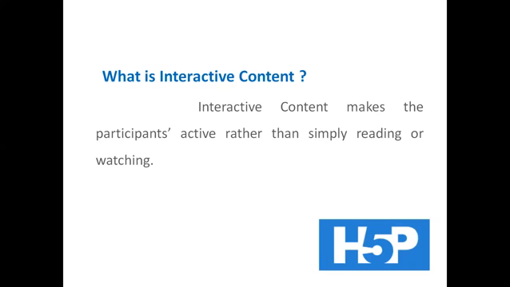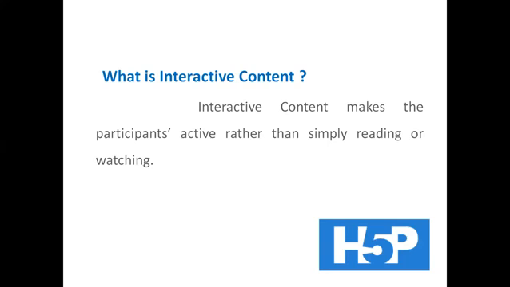Suppose a story is going, and in between, the story stops automatically. Suppose the story is 10 minutes, the video goes for 3 minutes and then stops automatically. And then questions come in the video and it asks the children, what is that? What did you learn from that? What is the character name? What is he doing? What was the job? Like that, we can ask questions and the students can interact with the video.